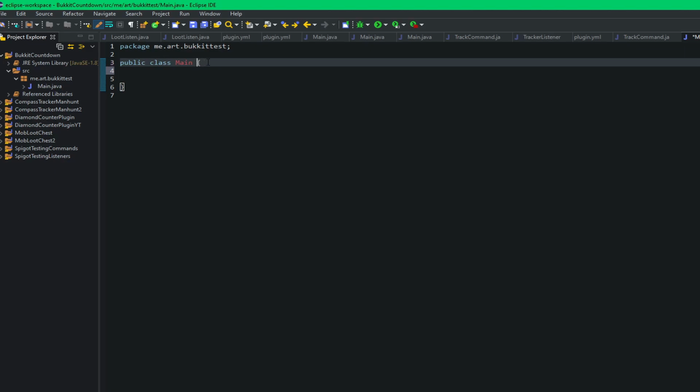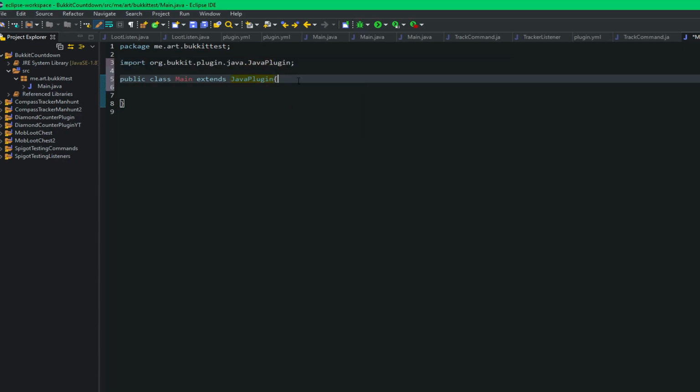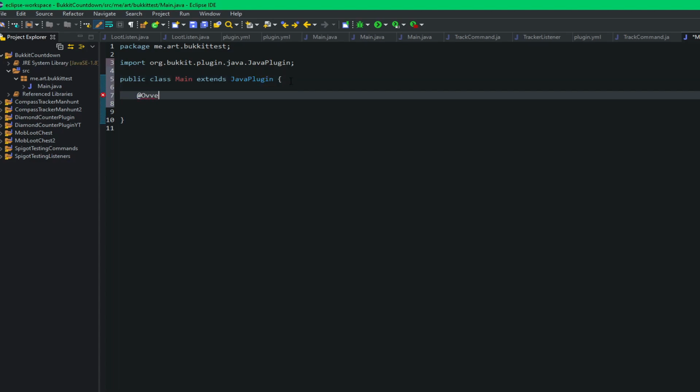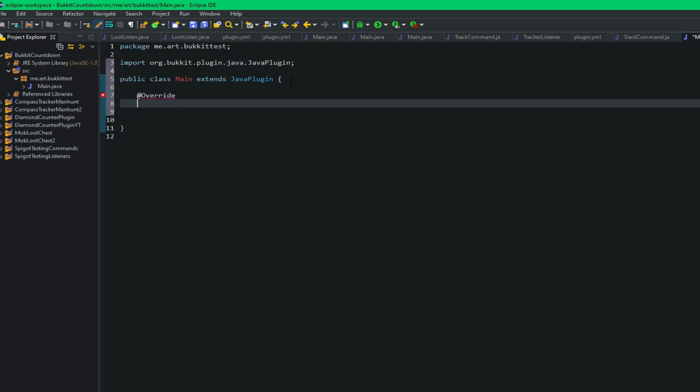So real quick, let's get to the code at least. Extends JavaPlugin, and I'll get more into depth in a second. Do @Override public void onEnable,